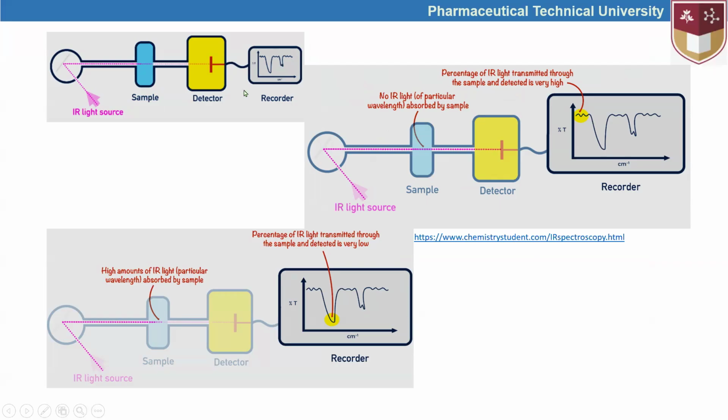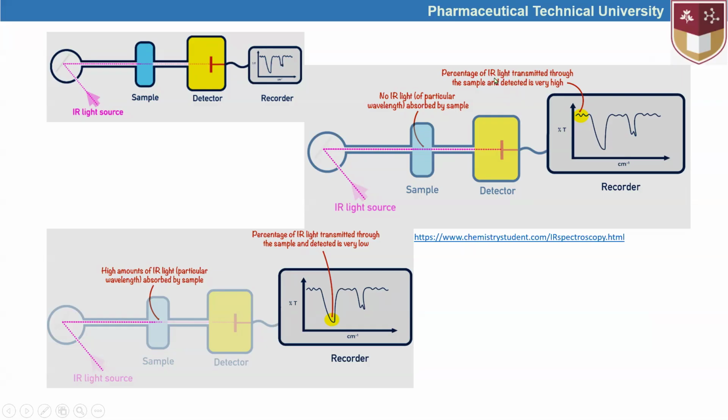Let's say when we have the IR spectrum, we can obtain this kind of spectrum, and what this absorption and transmission stand for. Here we can see no IR light for a particular wavelength absorbed by the sample. Here the sample is not absorbing infrared, and that not absorbed infrared line might show this kind of spectrum